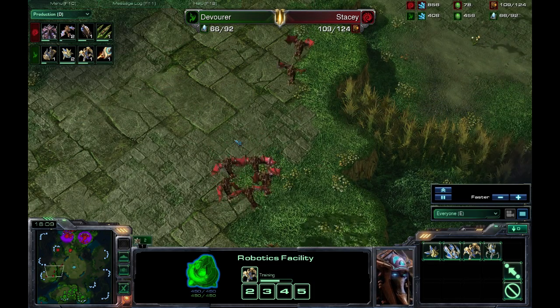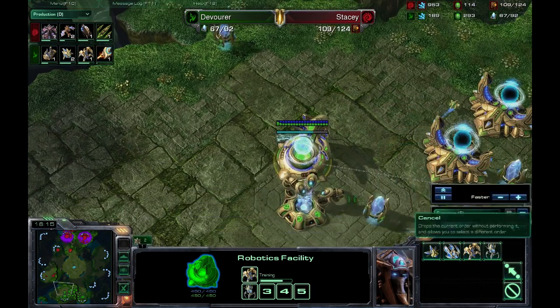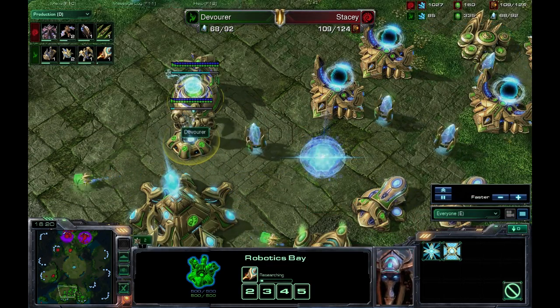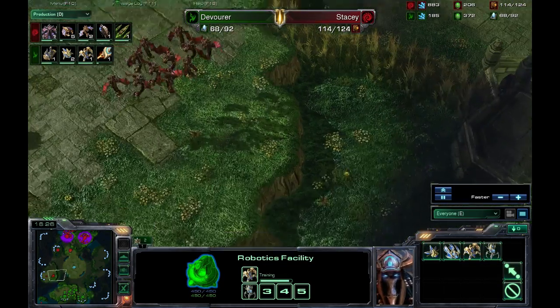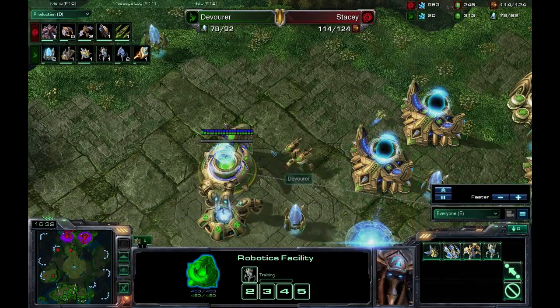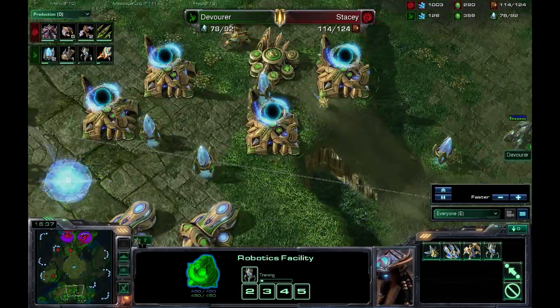And so these Mutalisks, if they go in now, they're going to be able to do a lot of damage. We've got extended thermal lance Colossus range coming out. We've got a Colossus queued up after this, but these Mutalisks, all they need to do is fly straight in here. They will be able to take out the robotics and the support bay before the Stalkers get up here